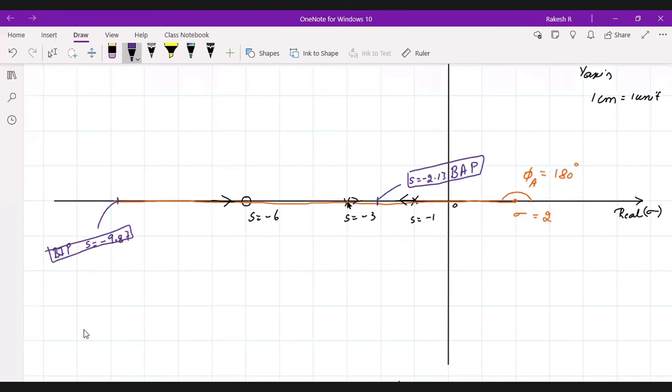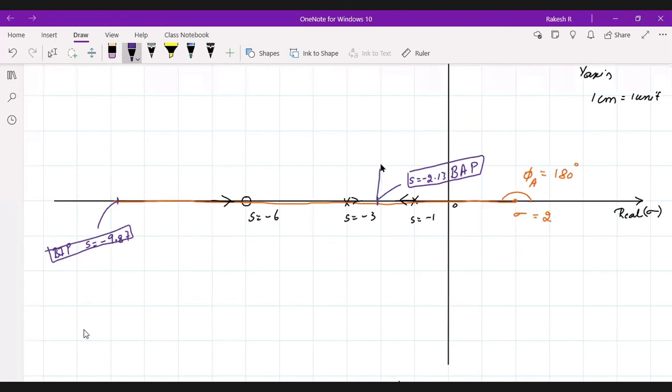So one root is coming, that is minus 3 is coming towards the right of this and minus 1 is coming towards the left of this. So at one point, the root locus is merging, that is minus 2.13, and it is breaking away from these 2 points here. We don't know how it is moving. We need to check that one also next.